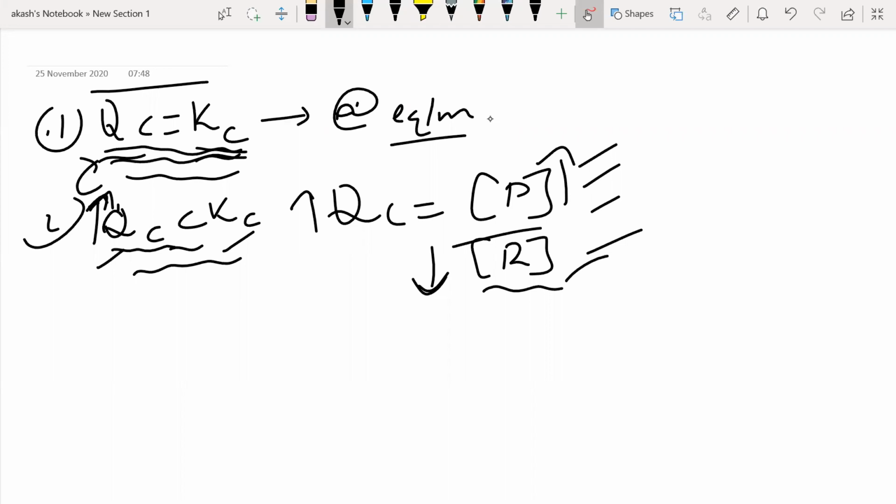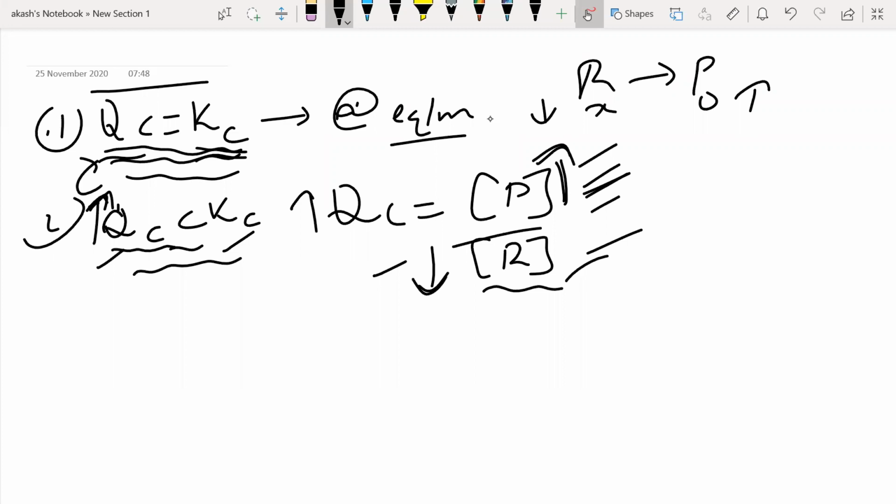Now tell me, in what direction, whether forward or backward, will this particular thing happen? The product concentration increases, the reactant concentration decreases. What direction? Backward, sir. How backward? In the forward direction, reactants are giving products. So initially the reactant will have some amount X, and the product will be 0. The product will keep on increasing and the reactant will keep on decreasing, because the reactants will keep on getting consumed and more products will be formed. Yes or no? Yes, sir. Understood, right?